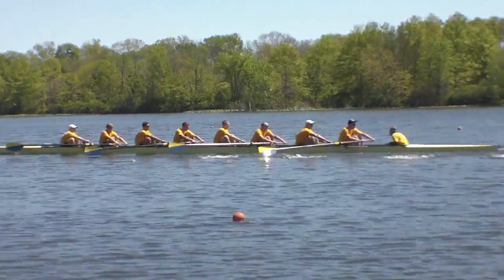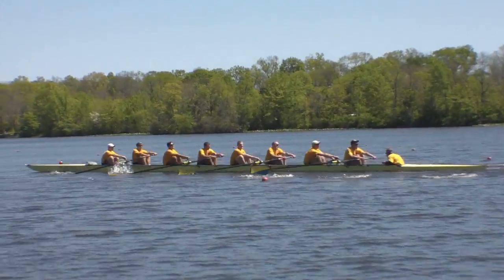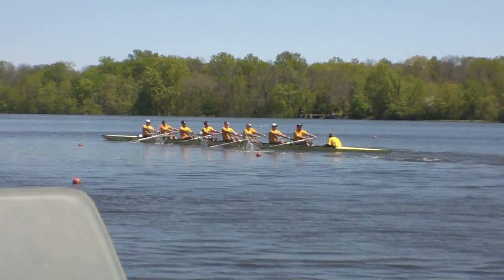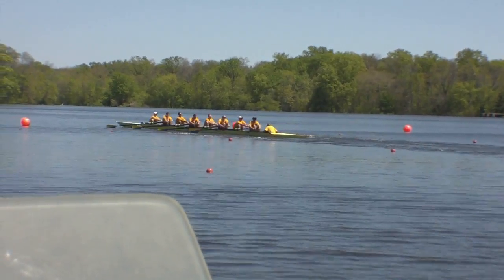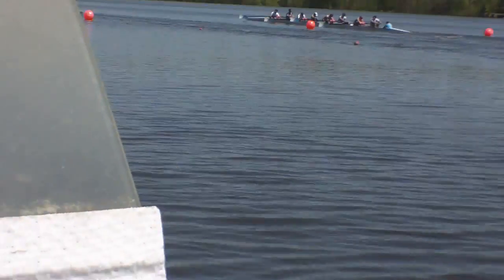Navy at a 41. Columbia appears to lengthen out to about a 39 as we approach the finish line here. Here we go, Navy crossing the line at an unofficial time of 6:05. Columbia crossing the line at unofficial time